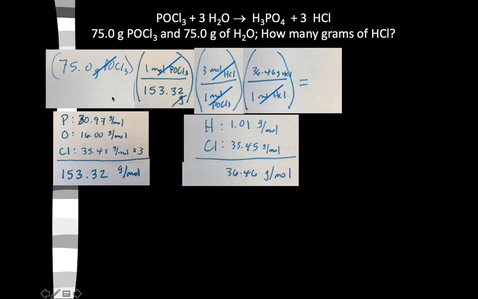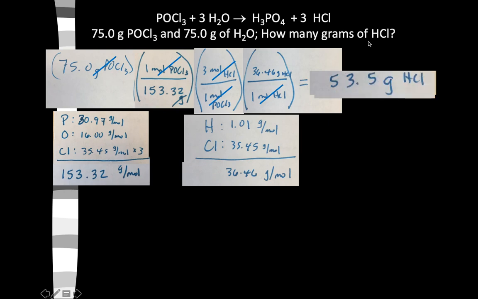Go ahead and pause the video if you need to catch up on any of this. But now I'm going to multiply every number on the top, divide every number on the bottom, and I get this math answer. And then I look at sig figs. This has 3, this has 5, this has 4. None of these are measured numbers, so there's no sig fig errors with them. So I can keep 3 sig figs. 1, 2, 3. I look at this number for rounding, which it does not. So these numbers chop off, and 53.5 grams of HCl is the answer to my question,